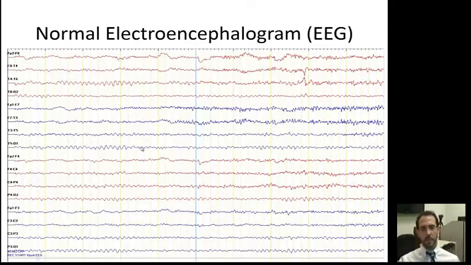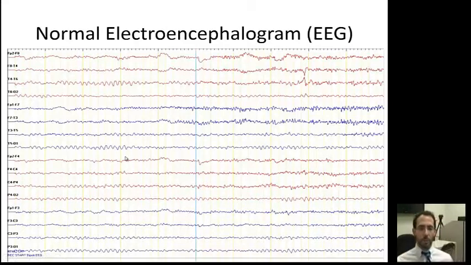And this is what it should look like, a normal brain. More in the posterior part of the head, towards the description in T602 and also T502, also P4, which, P stands for parietal, by the way, P402, those are more in the posterior, which is important for us because we typically look at the area looking for the backgrounds. So the background of the patient, which on average should be between 9 to 12 or so, and then we count those waves, and if it's within the range, we say it's normal.